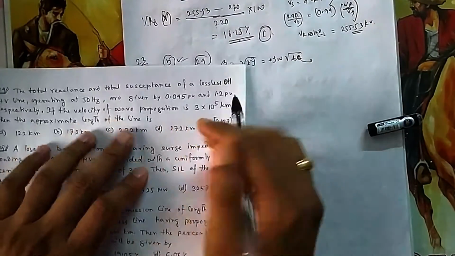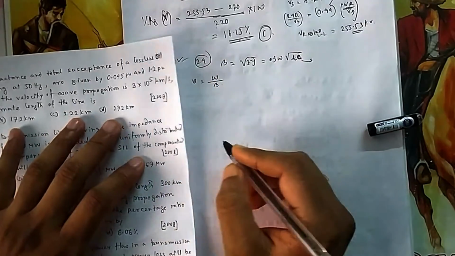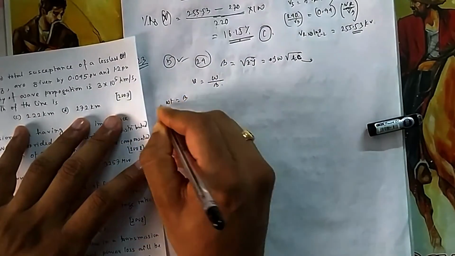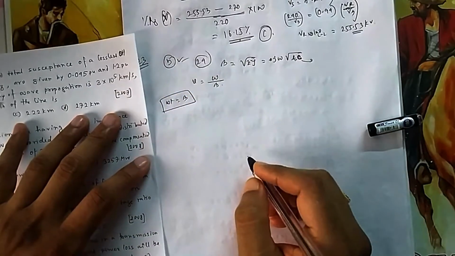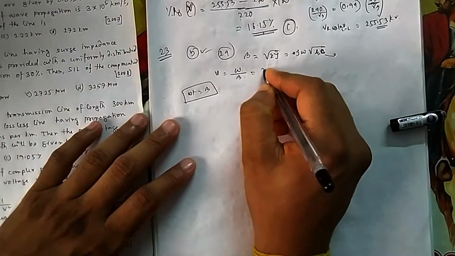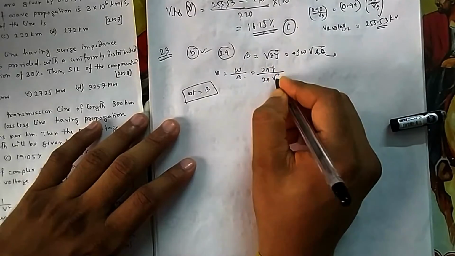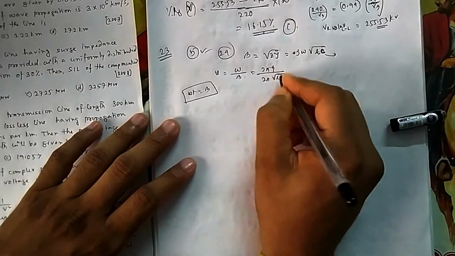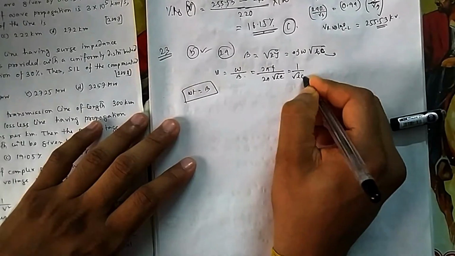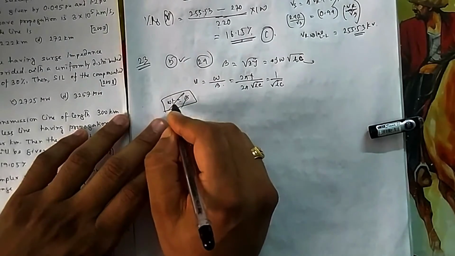And what is your velocity? V was omega by beta. It was something short of this format, omega t is equal to beta z. So from that it came, okay, V. So this was omega by beta. So this is 2 pi f divided by beta, which is 2 pi f into root LC. So this you have to be careful. This is nothing but this formula also, you know, 1 by root LC. This came from that formula. This was the derivation from where it came.